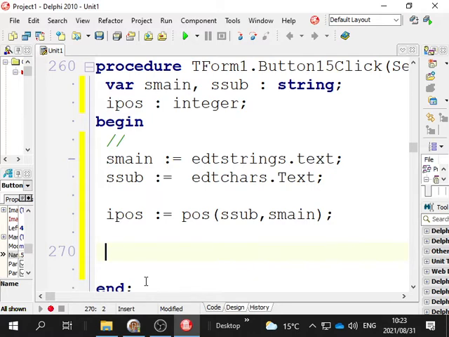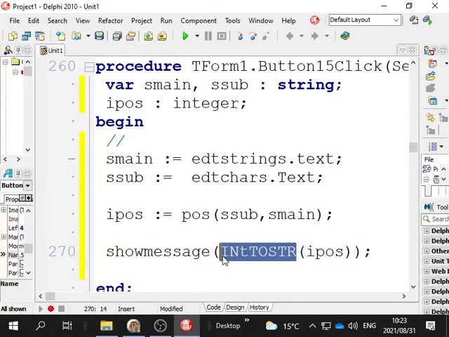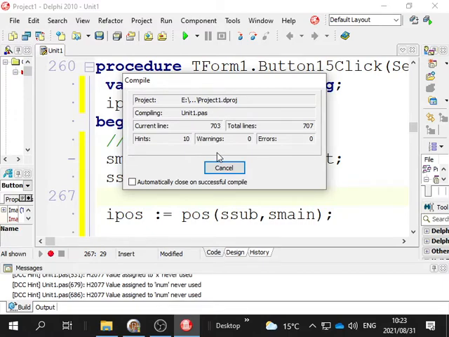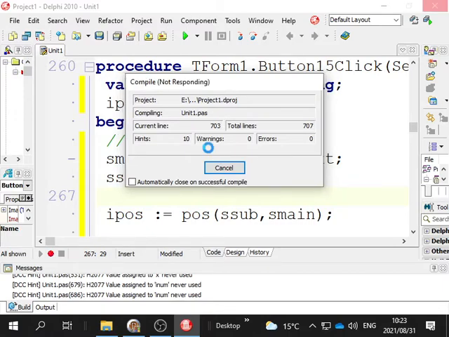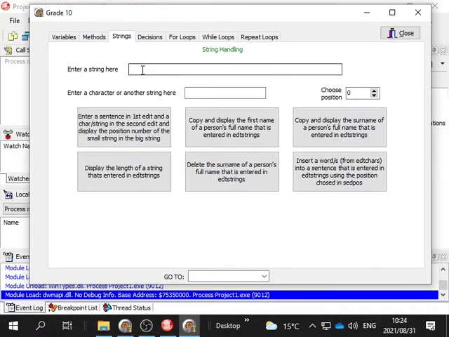Right, now we're going to show message int to string. All we're going to do is show ipos. That's all they wanted us to do here. And then we run the program, and you'll see if you put a big long sentence in there, fix your syntax errors. We go to the strings tab, and